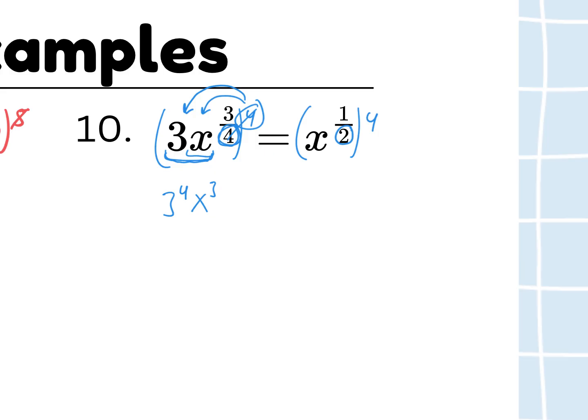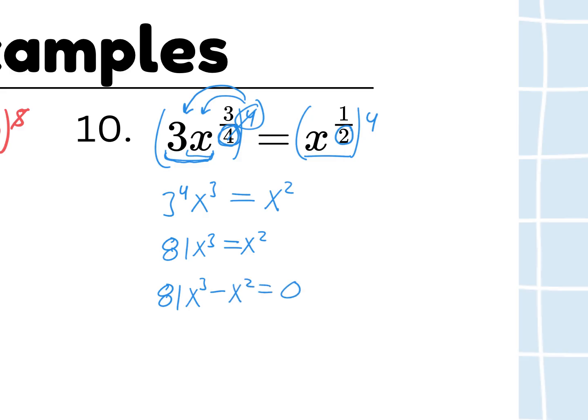So I get 3 to the 4th times x to the 3rd equals, and then I don't have to worry about that over here because there's only one thing, right? 1/2 times 4 is going to get you 2, so I get an x squared. All right, and then simplifying this, I get 81x to the 3rd equals x squared. And then we're going to subtract x squared and then set it equal to 0 because this becomes a polynomial